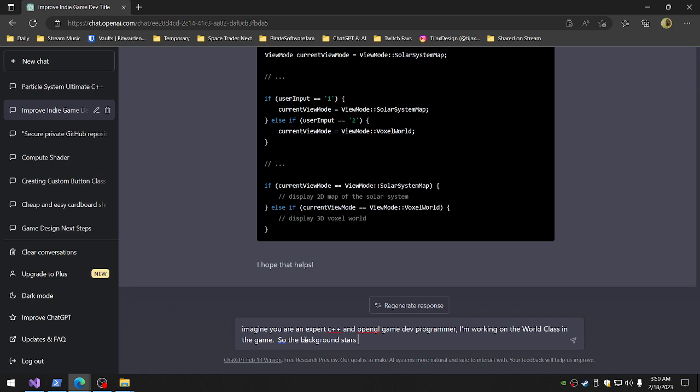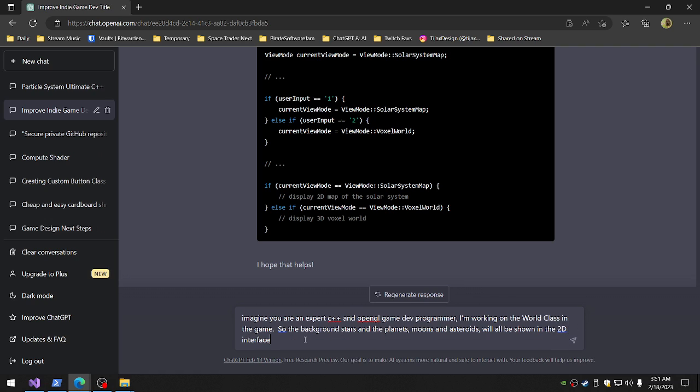So the background stars and the planets, moons, and asteroids will all be shown in the 2D interface, which is a straightforward render. Points, lines, textured points. Okay. The voxels